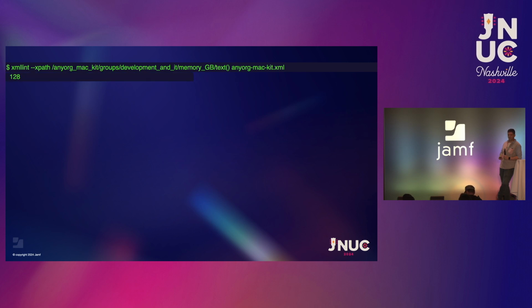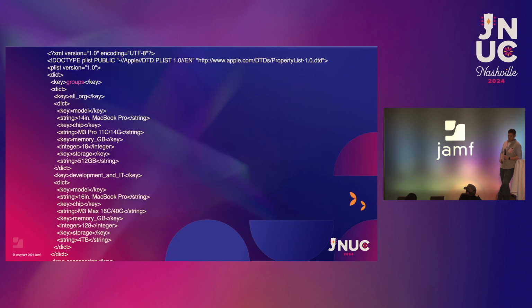Right, I can run this and get back the number, right? I know I'm on the right path at least, because I can get back 128, which is what I expect. So let's take a look at property lists. Right, property lists, finding the path to the data, figuring out how to walk to it. It's going to look similar, the tools are going to be a little different, and we can ignore a lot of the top level stuff there.